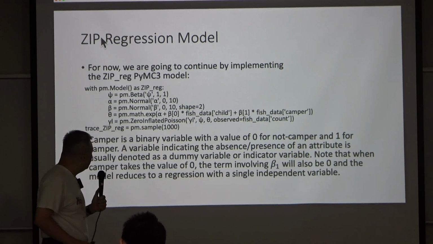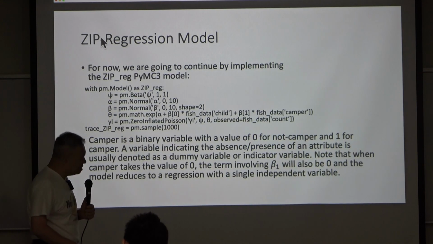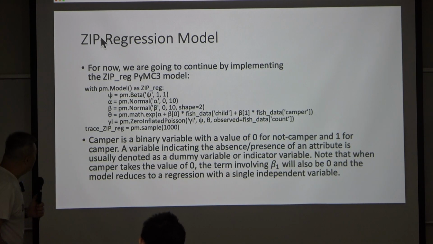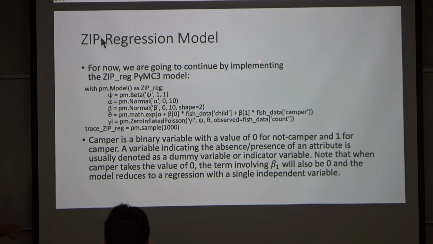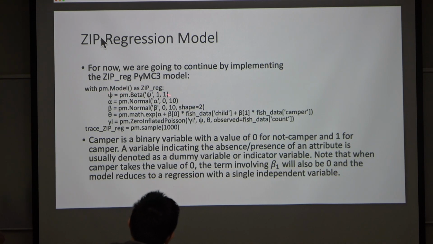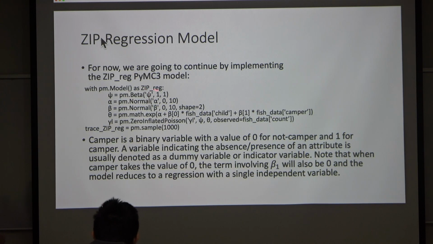Okay, so this is a data set from that institute. We try to create a model for this data set. First, we use the ZIP regression. So we have psi, which has a flat beta prior, and alpha is a very simple normal distribution with a non-committal